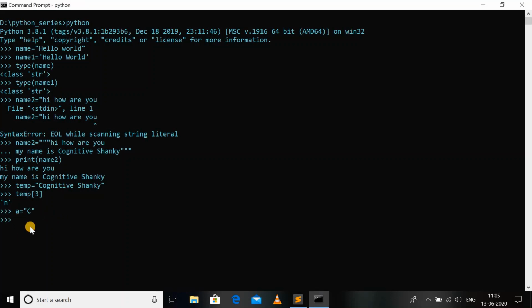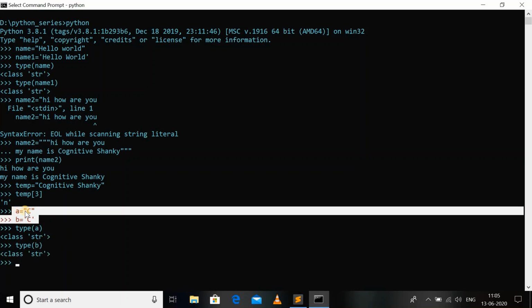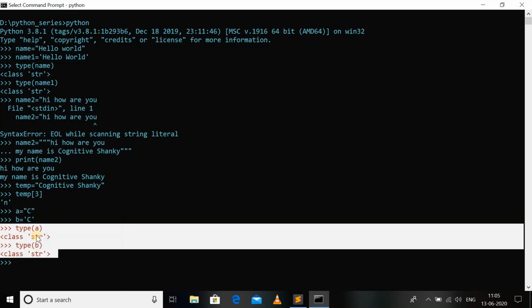Let's create another variable with single quotes. Now to see the type of it, type a. You can see that even if we store character types in our variables, they are treated as strings in Python.